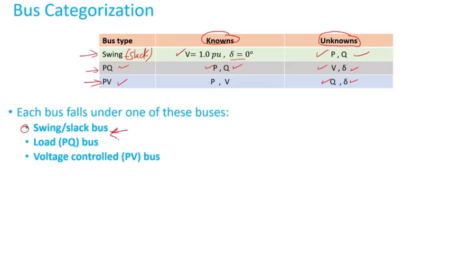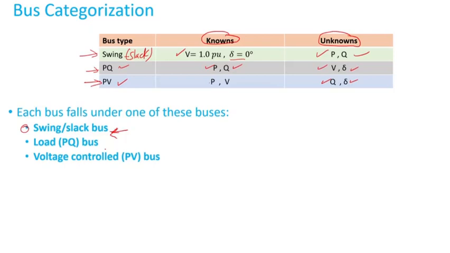Also, if a generator is lost due to an outage, or if you are performing contingency analysis, taking outages one at a time to see if the system will be secure or reliable,